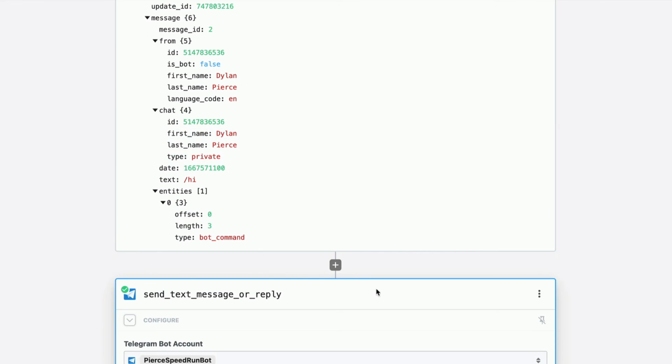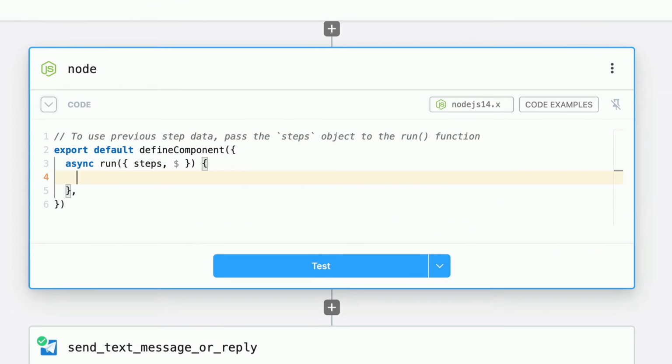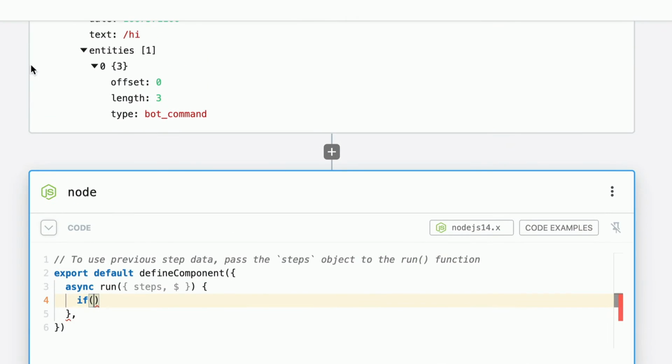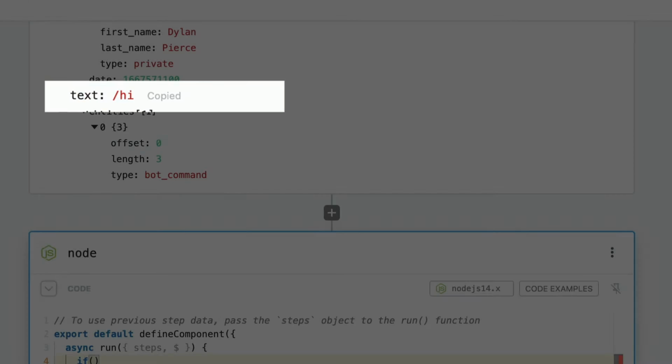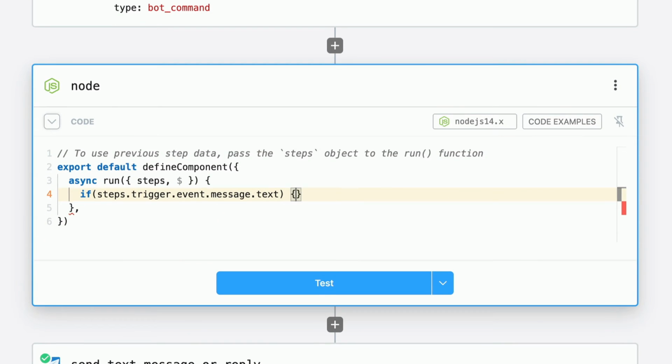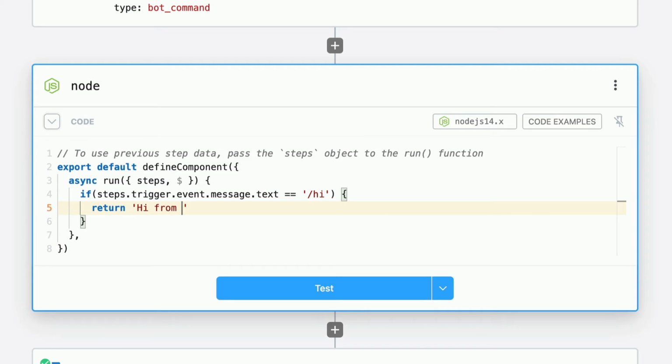Now, if you want to differentiate between types of slash commands, you can add a Node.js step in between, and you can do an if statement or a switch statement based on the command given in the path. So all we do is copy the path here and then paste it in here. And now we can say conditionals like, well, if the step is high, do the high thing, right? Return high from Pipedream. This is just a quick example. Pipe from Pipedream, we'll say again in caps, so it's different from our first message, right? So we'll click test,